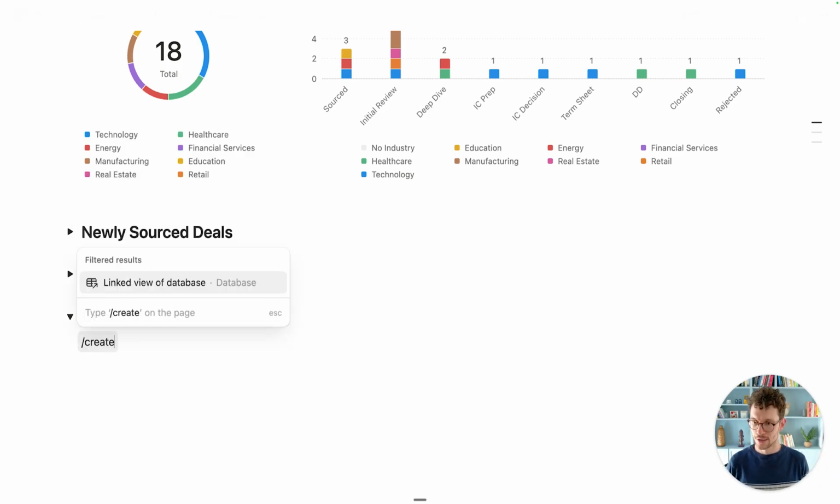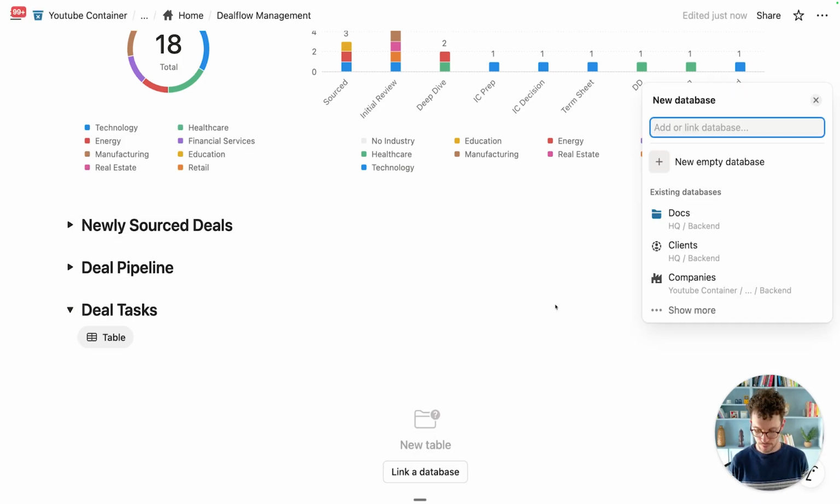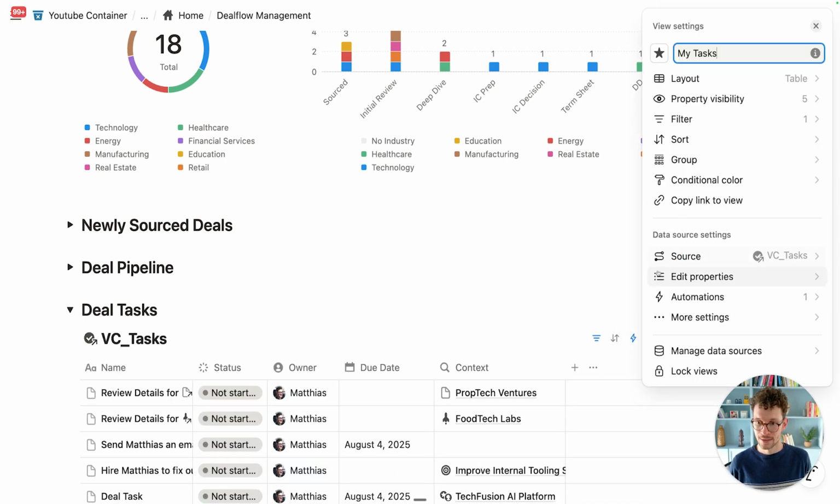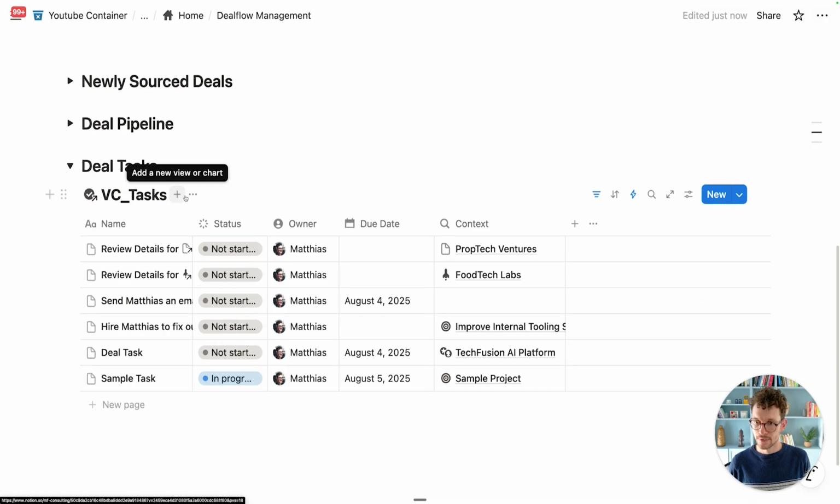So let's create a new linked view of database. Let's pull in our VC tasks. Perfect. Let's pull in my tasks to start with. And then after we've hidden this, I want to take it now one step further, and I want to say,